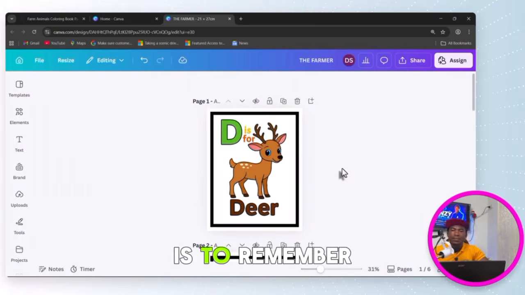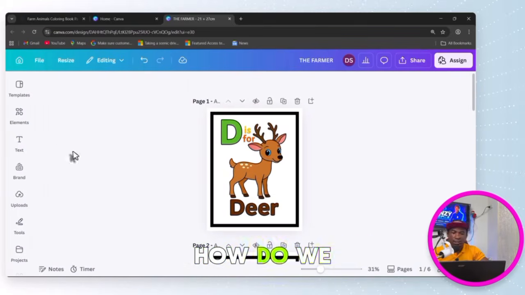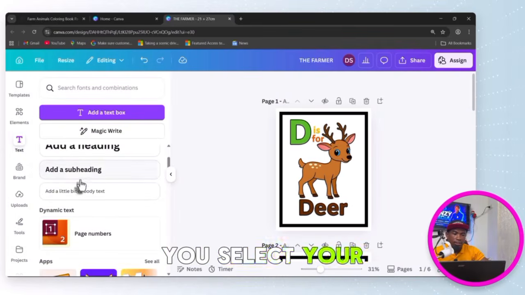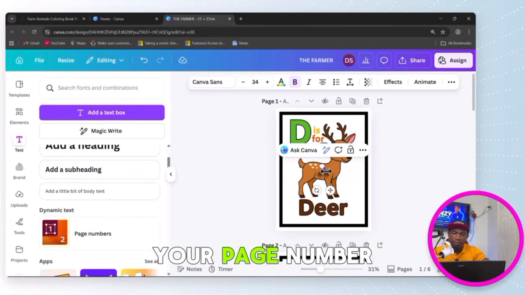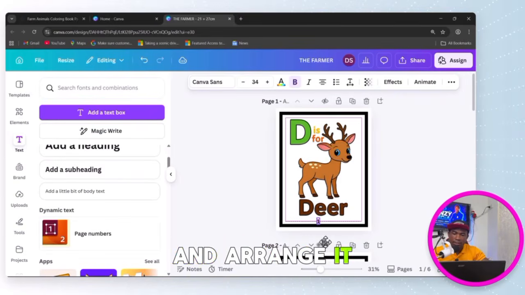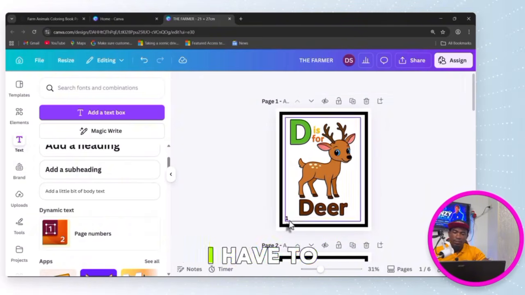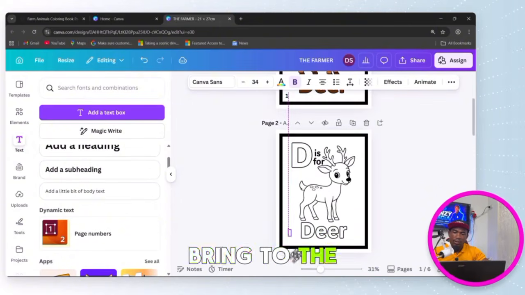the next step is to remember to add your page numbers. Small details, but big professional difference. How do we do that? You come to text, you select your size of text, and you type your page number and arrange it. You can put it at the bottom of your page. Now all that I have to do is to click and duplicate, bring to the next page,